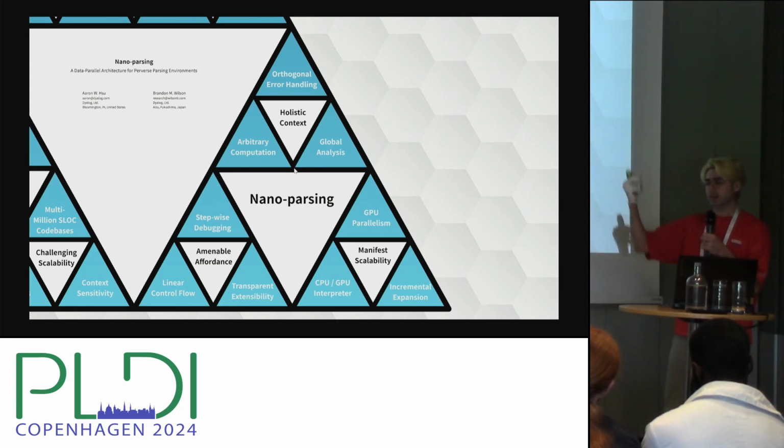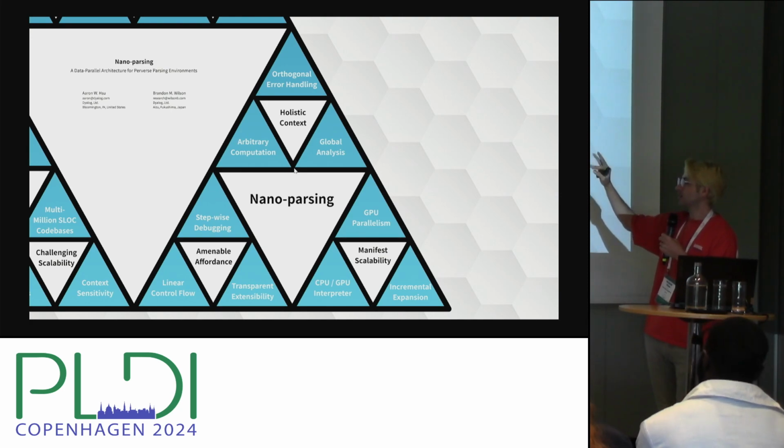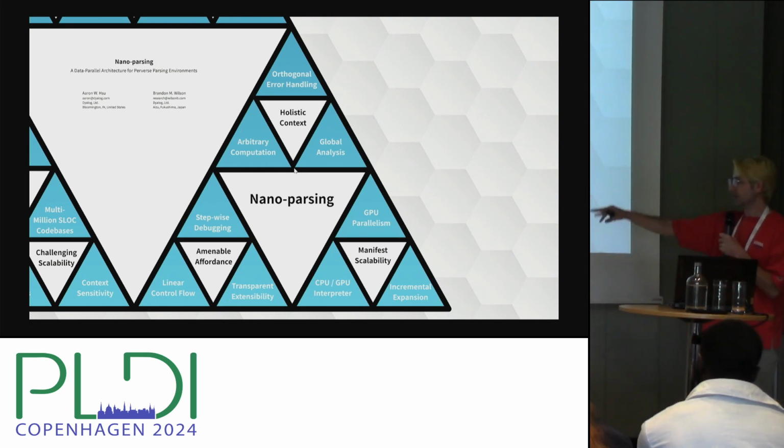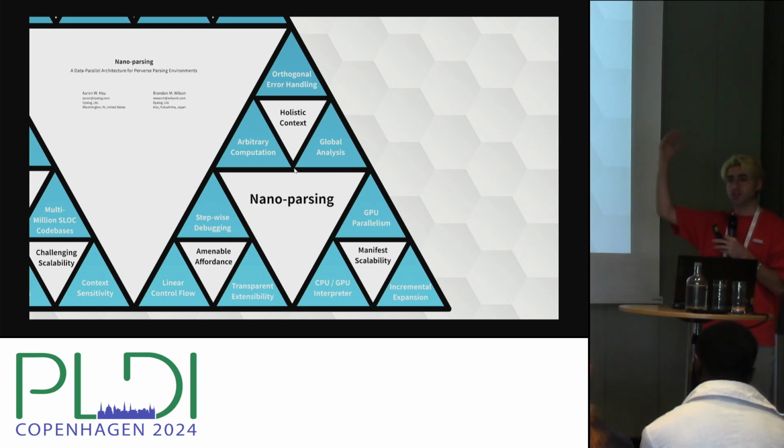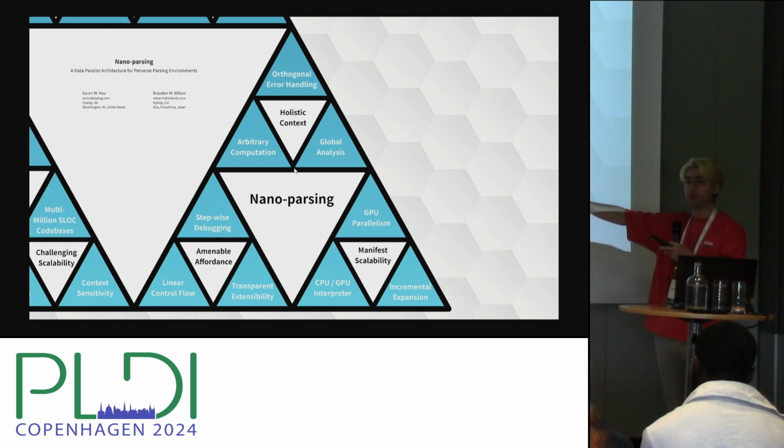And then, since we have linear control flow through the entire code base, if you want to know how your data goes in, you just start from the top of the code and read straight from top to bottom. Super easy to reason about. There's almost nothing to reason about in the control flow graph, which is really nice. And that combined with the debugging makes it very, very nice to incrementally extend your system.